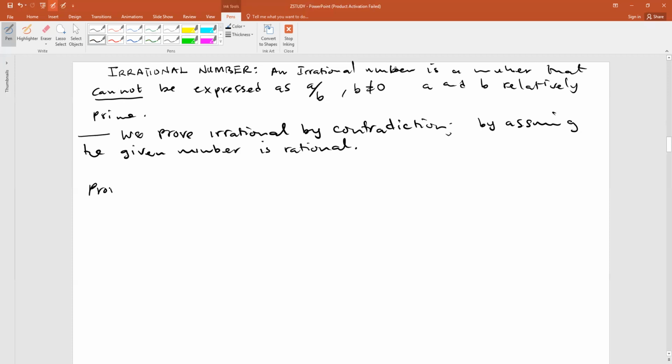Prove that root 2 is irrational. So that's the first one that we will do. That is number one, then the second one we'll see. So your proof, now this is your solution. So you start, we prove